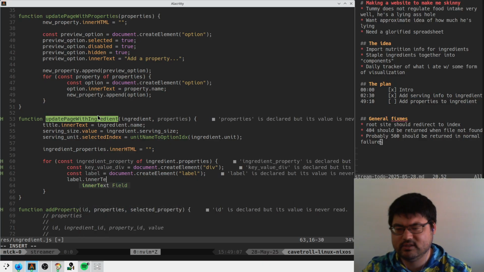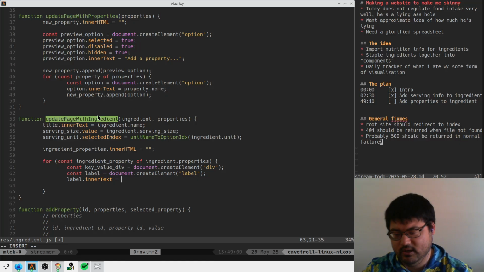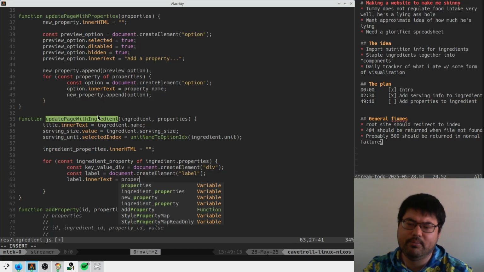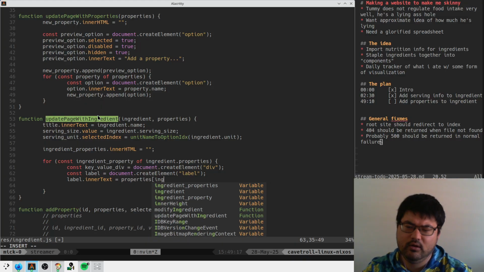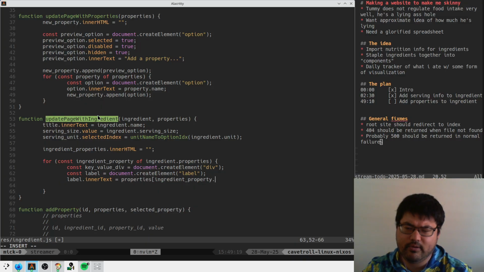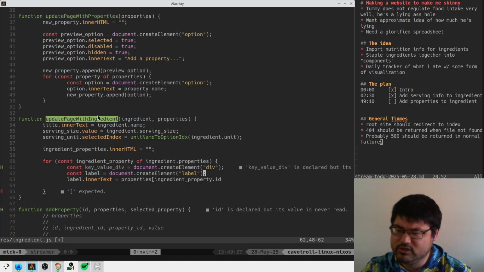Label inner text is going to be ingredient, I guess it's like properties at ingredient property dot ID. Except I guess they're not guaranteed to be the same ID and index,